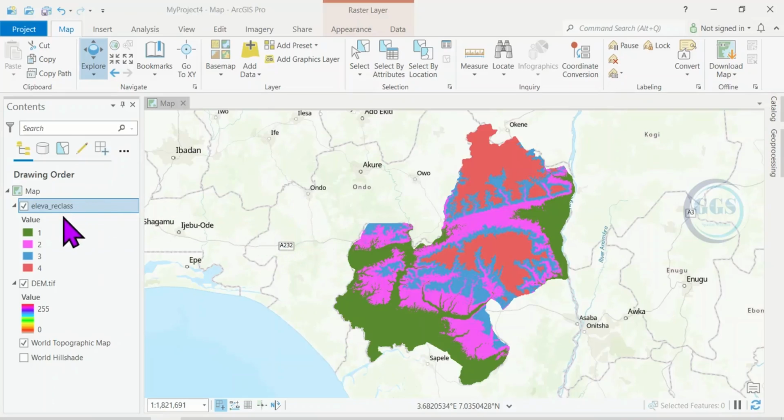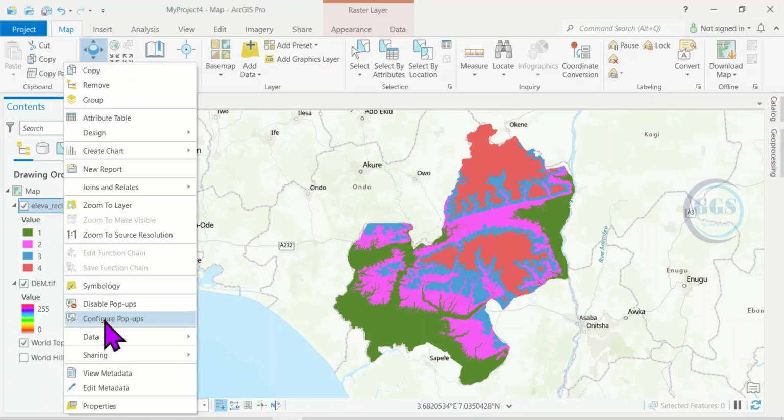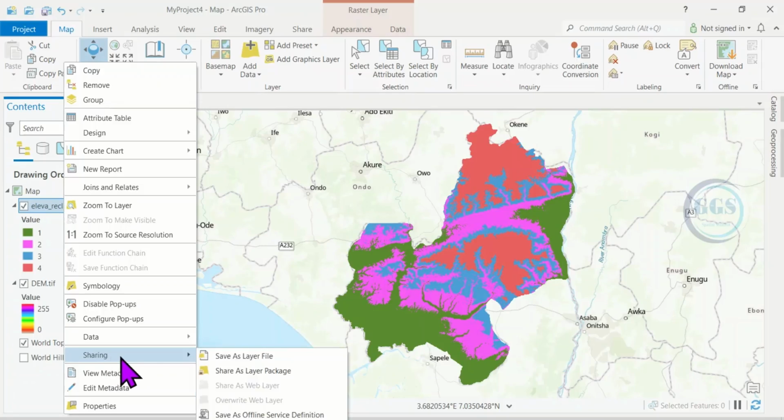For example, in this table of contents, you can see that I have two layers: elevation reclassify and the digital elevation model. If we want to create a layer package from here, it's quite simple. Let's say you want to create a layer package for this very layer. You come to that layer and right click, then come to this option called sharing, then